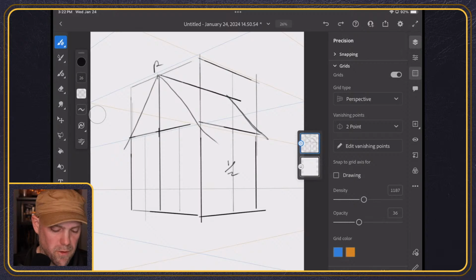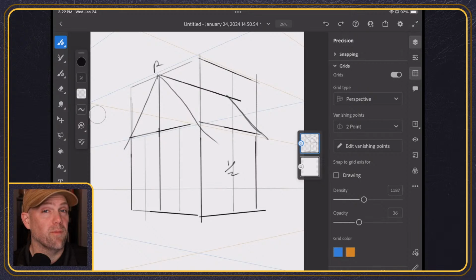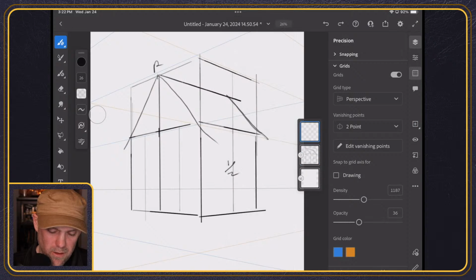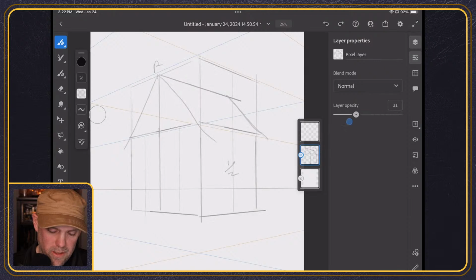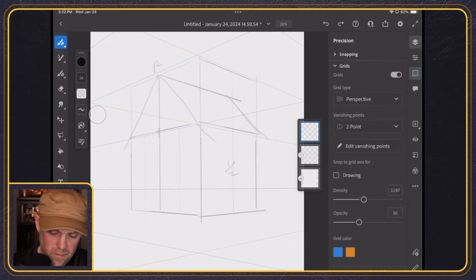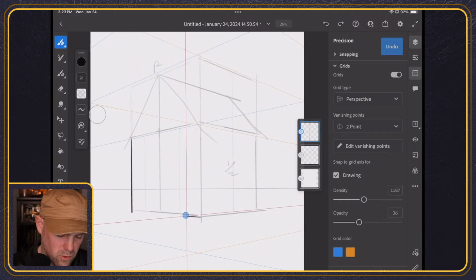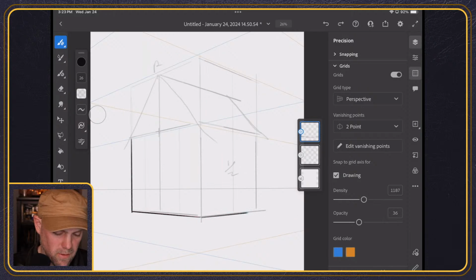Now, if you're screaming at me, well, those lines aren't straight, those lines aren't perfect. I don't want to be perfect on the sketches. If I wanted to be, you can do it. I will just make a new layer and turn down the opacity of this underdrawing real quick. Then on this, you could come back to your grid, make sure your drawing is turned on, and redraw your lines, make sure they're super tight. I'm not going to do all that. But if I wanted these roof lines to be cleaner,